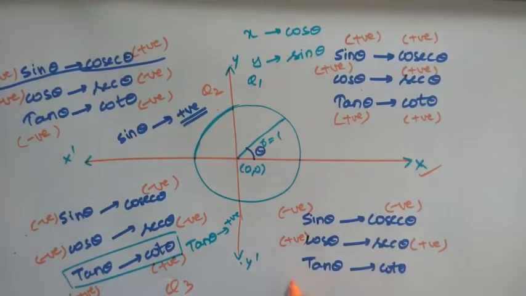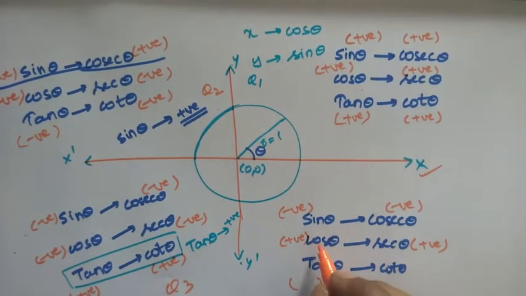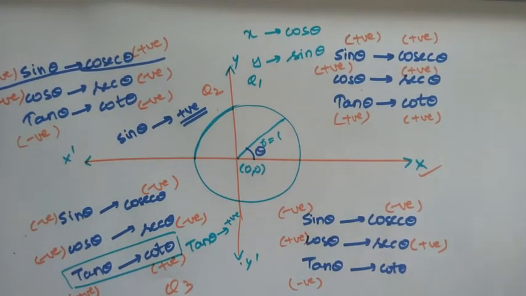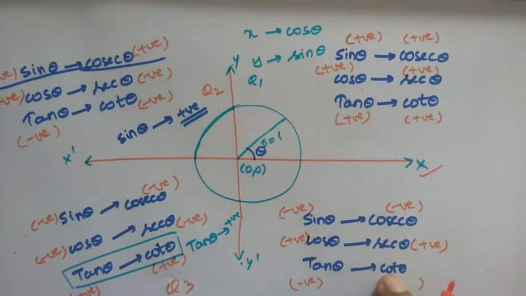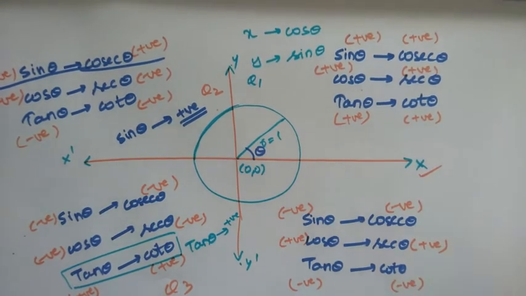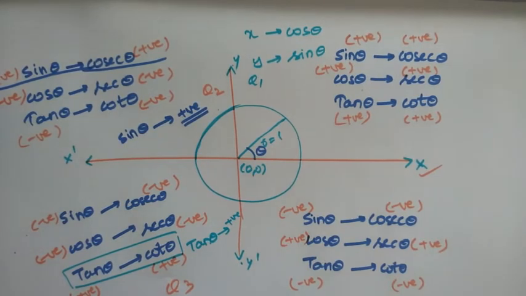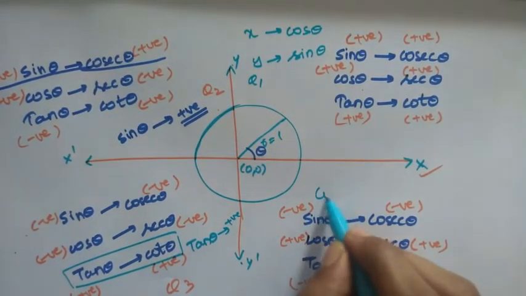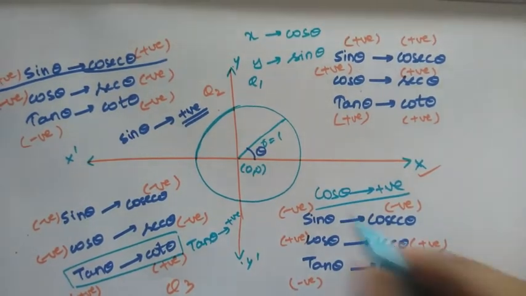So coming to tan theta, it is nothing but the ratio of sin theta and cos theta. Sin theta by cos theta is a negative quantity by a positive quantity, which is a negative quantity. So tan theta is negative in this quadrant number 4. Okay, next cot theta. So cot theta will be negative because tan theta is negative. Okay, they both are reciprocal, so cot theta is negative. So in this quadrant we have only cos and its reciprocal as positive. Okay, cos theta is positive in this quadrant, cos theta and its reciprocal.